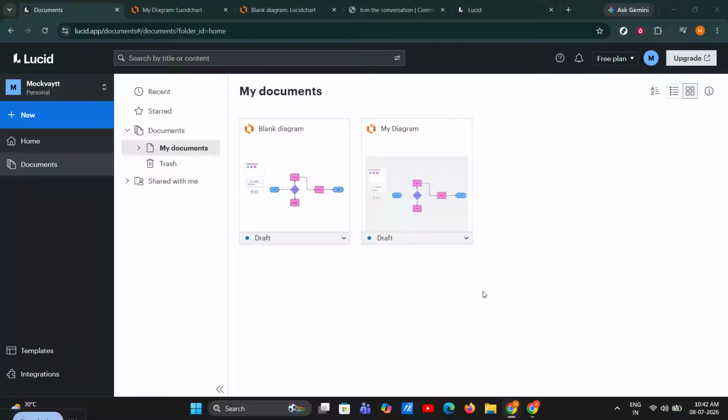If Lucidchart is acting up, freezing, glitching, or one specific diagram just will not behave the way it should, don't worry. In this video, I'm going to walk you through the best way to fix a Lucidchart bug step by step. We'll first verify whether the issue is actually a browser problem, then we'll narrow it down if it only happens in one document, and finally we'll go over exactly how to report the bug with the right details so